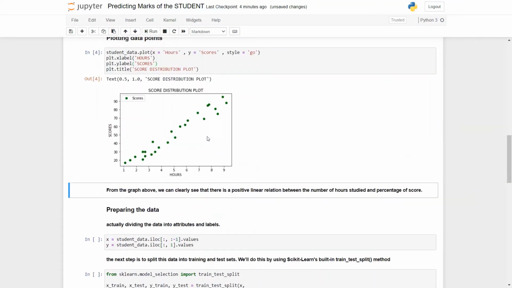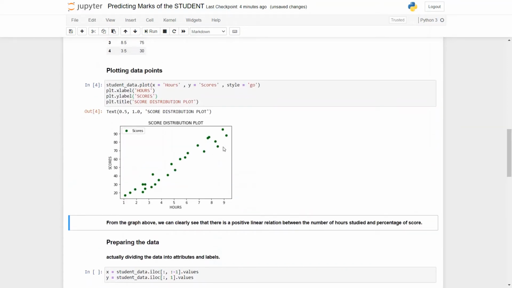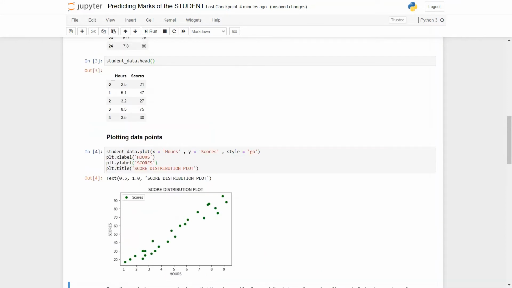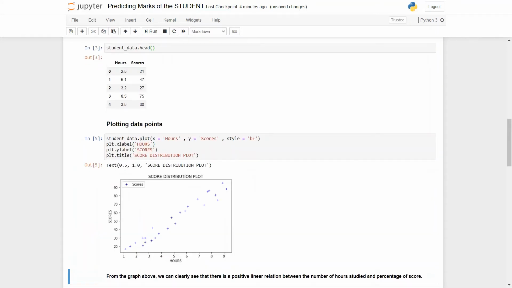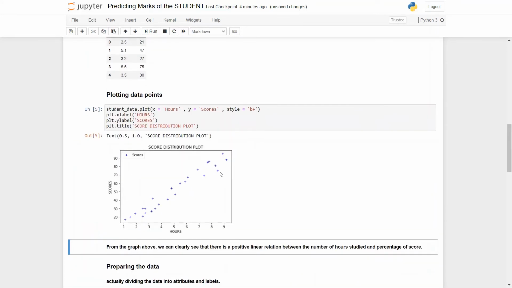You can see green bullets have been plotted in this plot, and you can also change the color by changing G to B, which will obviously make the plots blue, and O you can change to, let's say, plus. Let's see the effect on the output. You can see the color has changed from green to blue, and the bullets have changed to plus signs.